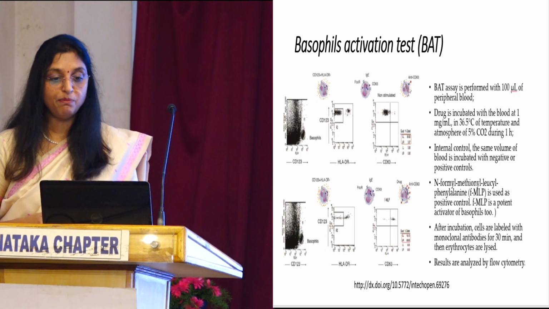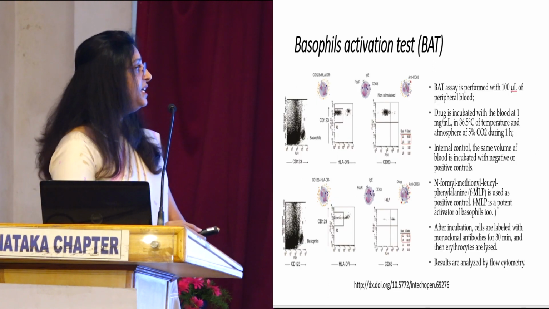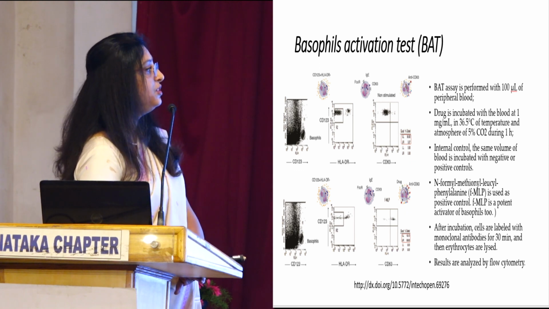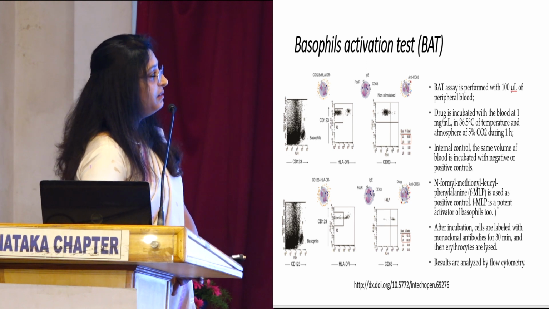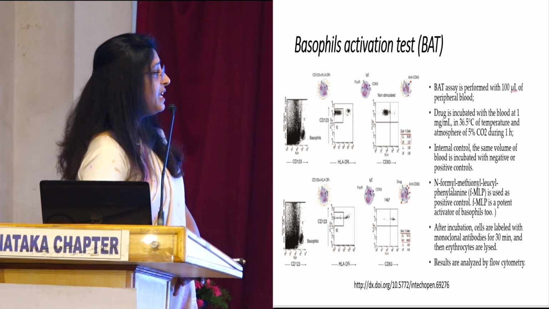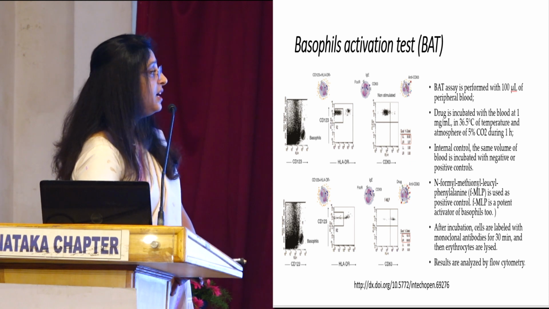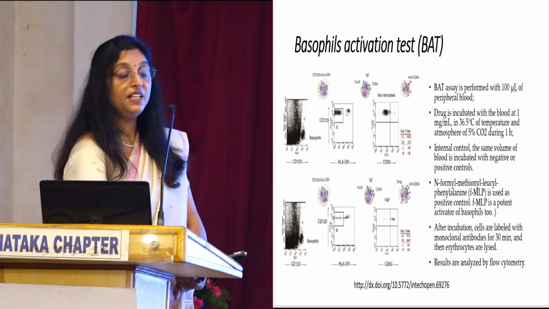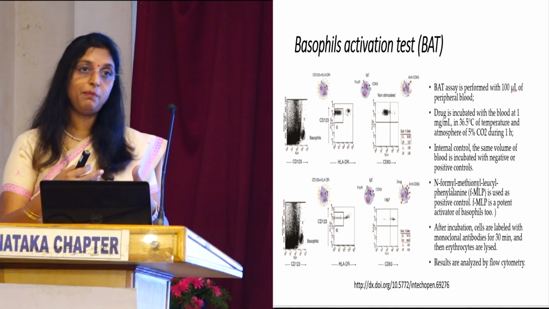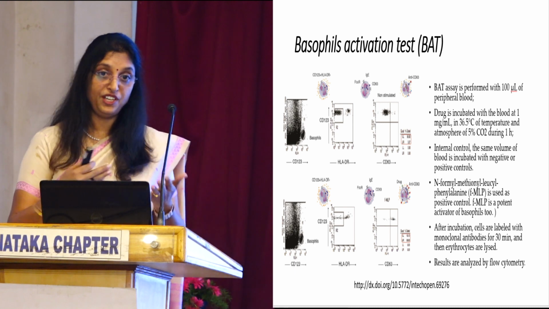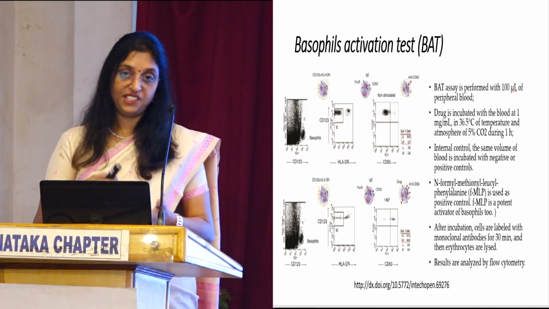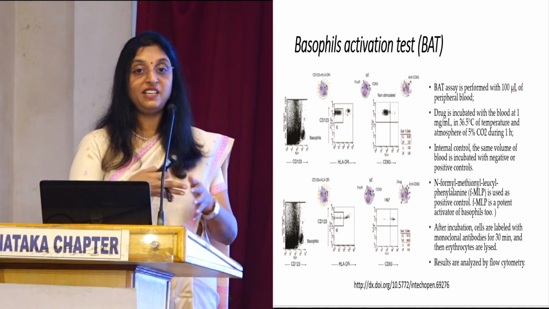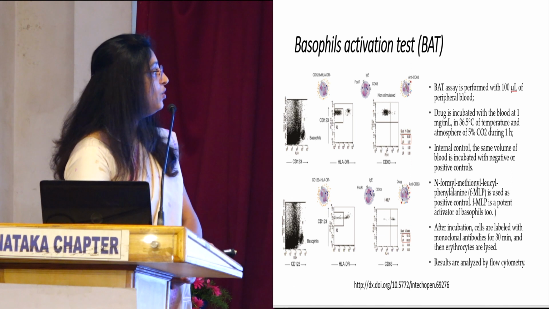For flow cytometric analysis, we require an EDTA sample of blood, and we take 100 microliters of the peripheral blood, and then the drug is incubated with the blood, and simultaneously you also use internal controls. As I said, CD63 and CD203 are the markers, but to ensure that it is only a basophil, we also use HLA-DR, which is not present in basophils, and CD123, which is present in basophils, and then look for the presence of